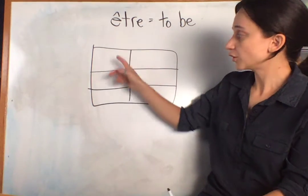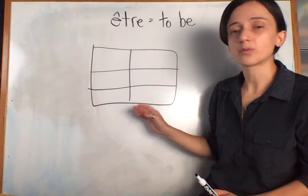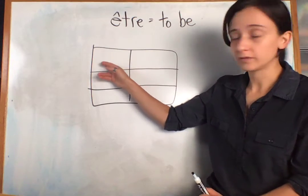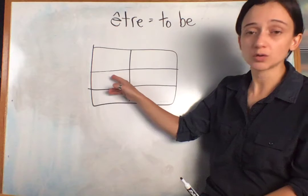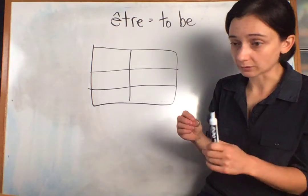And to do that, you're going to use this table, which you should be familiar with. You should already know in your head which subject pronouns go where. I'm not going to write them again because you should know this is je. This is where I goes. If your subject in the sentence is you, that's where it goes here. This is the verb you will use and they will match together, kind of like a puzzle. Okay,